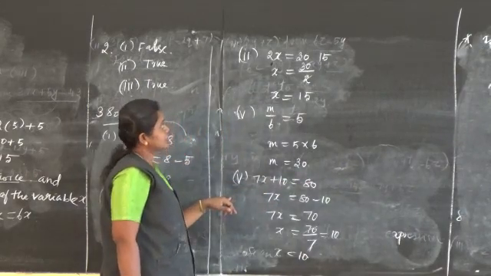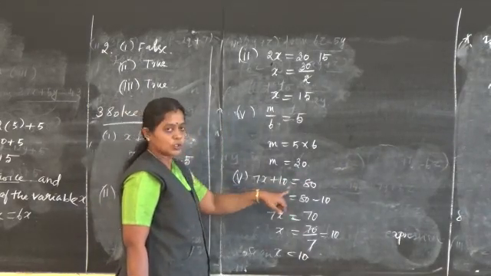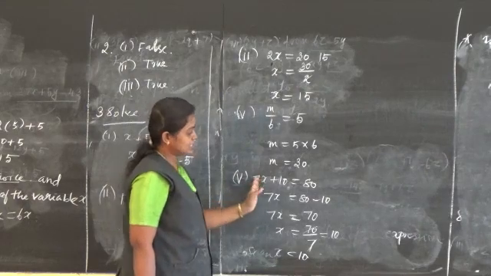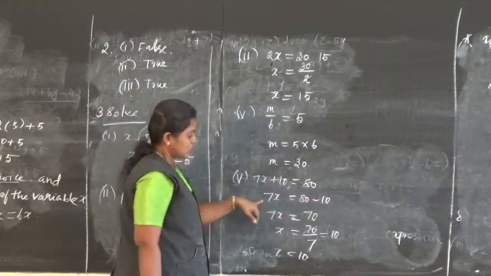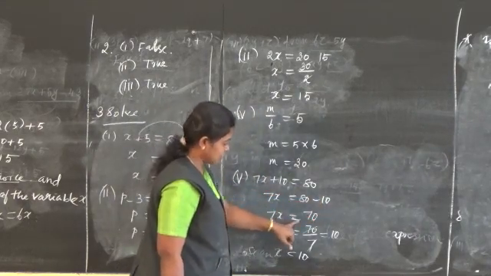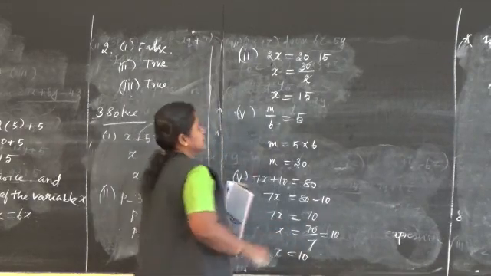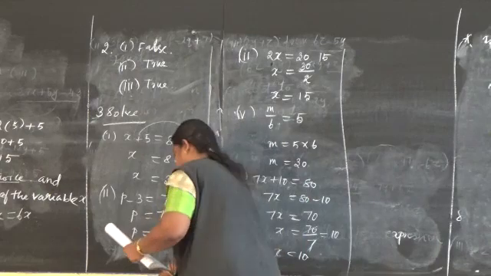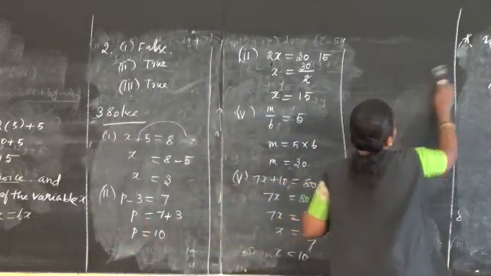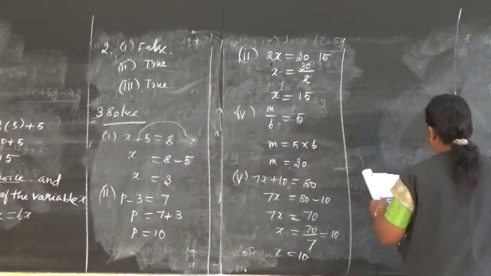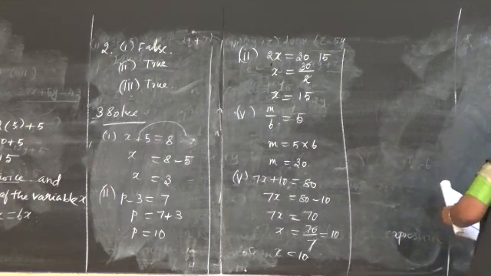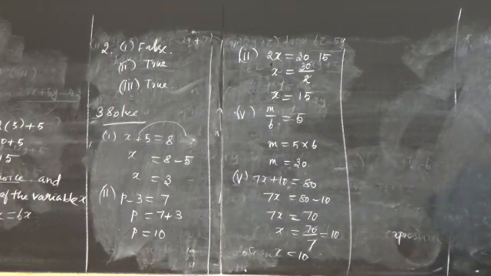Come to the fifth option, 7x plus 10 equal to 80 is given to us. Plus 10 goes on that side as minus 10. So 7x equal to 70, x equal to 70 by 7, x equal to 10 is the answer. Come to the fourth problem, what should be added to 3x plus 6y to get 5x plus 8y?